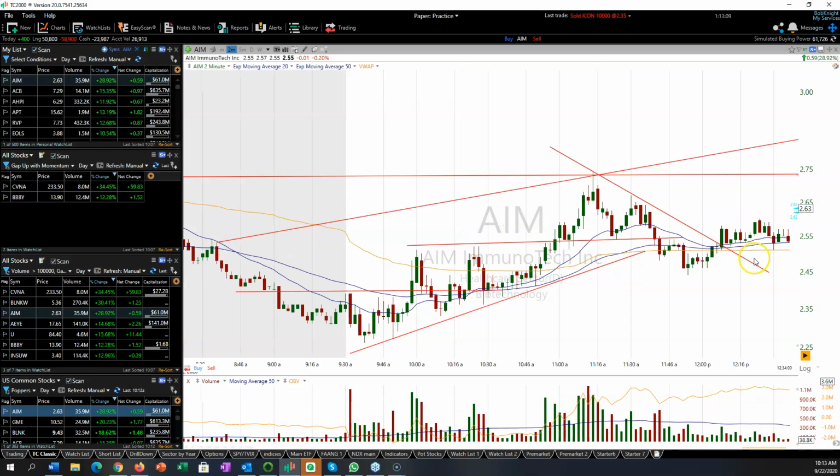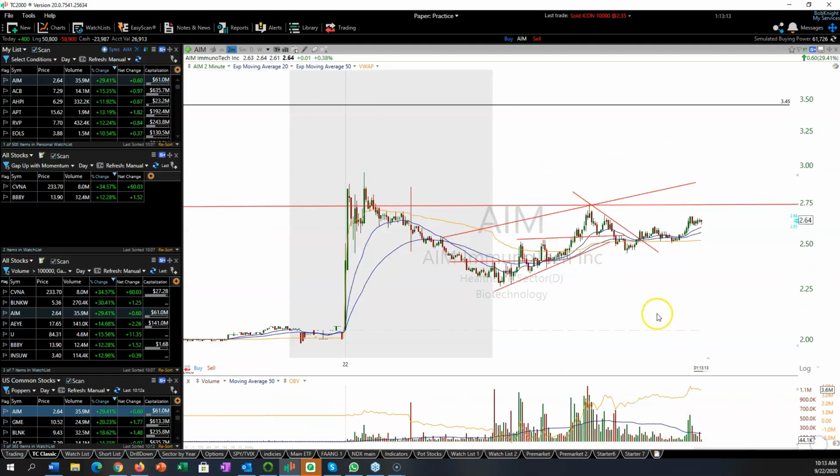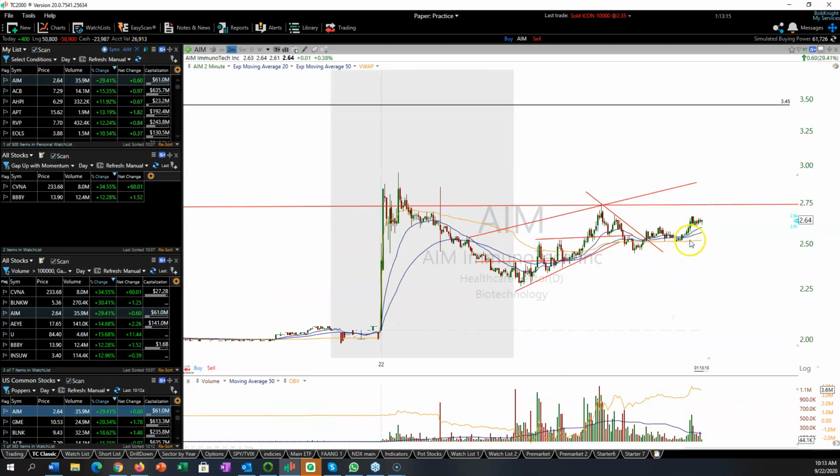Now it's just consolidating in here. It's consolidating in here as it turns out on the VWAP. So at 2.50 it pops, holds support. You could look to buy it at 2.50, but you are midday. And so really this is where you wanted to trade it in here to scalp it. But that's how you do it, you're looking for support, resistance areas, trend lines,